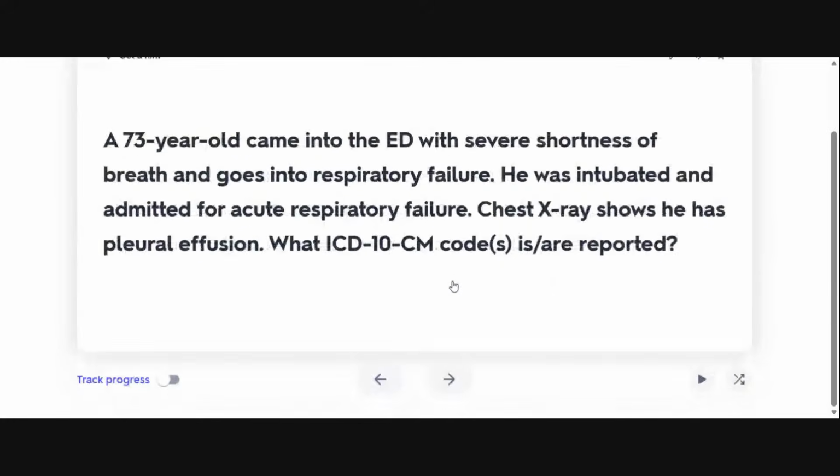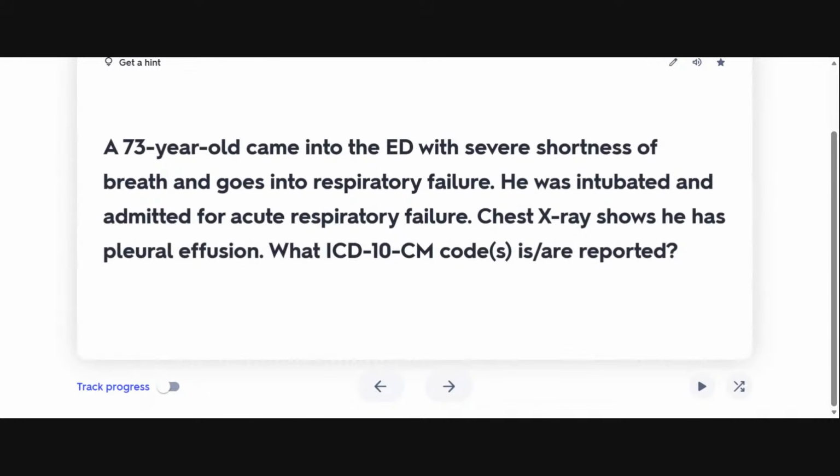So now we are moving back and we are going to do our last coding scenario of the night. I feel like you guys are just flying through these. Normally we take our time, but you guys are just going through them. I love it. Okay. Now if my mouse will work.